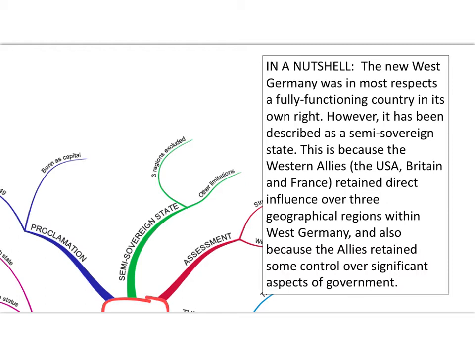Okay, there we are. So we've got two more strands to look at in this double lesson about the basic law. Remember, the key thread of the lesson all the way through has been to look at the way in which the basic law, the so-called constitution of the new West Germany, or the Federal Republic of Germany to use its proper name, or as the textbooks will often refer to it, the FRG, was deliberately an improvement on the Weimar Constitution. We're looking at how the constitution drafted and published in May 1949 did this.